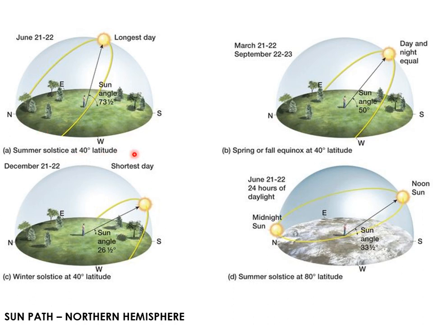If you have a clear picture of the sun's angle, you can understand it at, for example, 40-degree latitude, somewhere near Russia, which is a little far away from the equator. During the season of June, the sun rises in the northeast and sets in the northwest. The angle of the sun is a little more direct in June, but in March it is a little inclined, as it starts in the east, inclines towards the south, and sets in the west. The sun angle is only about 50 degrees.